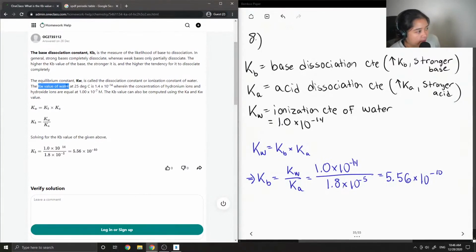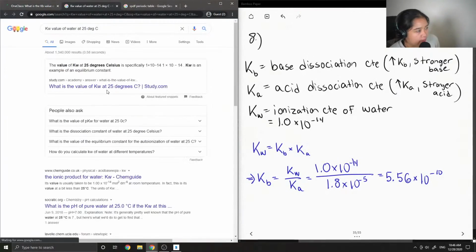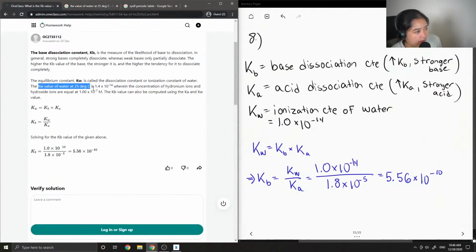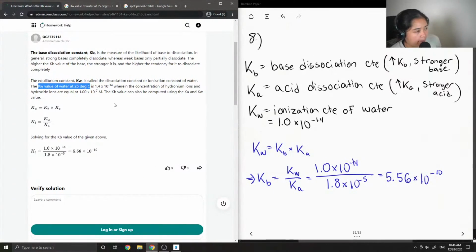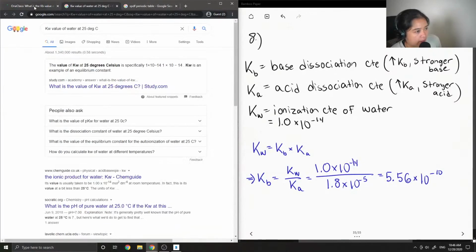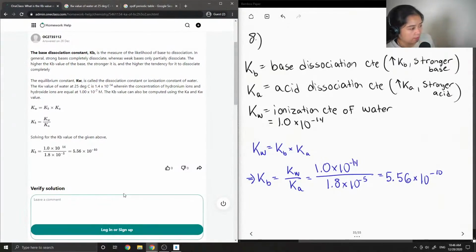Okay, so let me just fix this typo. Yeah, so it should be 1.0 times 10 to the negative 14, sorry. Yep, so this solution is correct. I'll just fix typos that are shown here. And for the Kb expression,